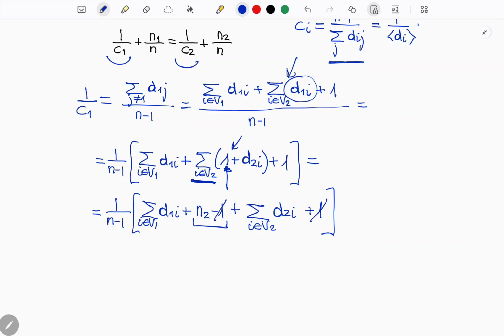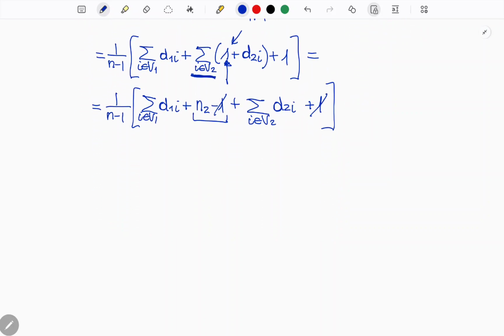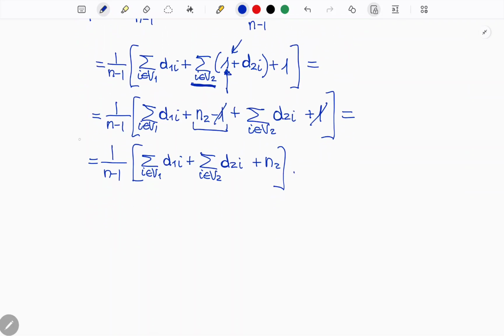So this one and this one cancel out, and in the end what we have is this expression: 1 over n minus 1 of the summatory over i in V1 of d1i plus the summatory over V2 of d2i plus n2. Okay, and we know that this is true for 1 over C1. Now, if I repeat exactly the same